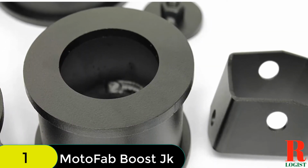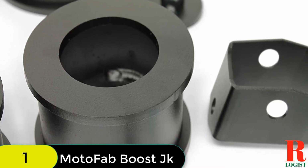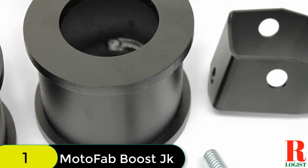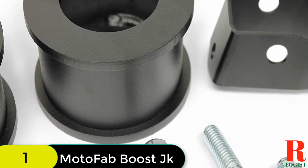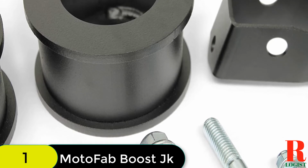Because the lift is so significant, the package also includes shock extenders, as the stock shocks are incompatible. So you don't need to go to a mechanic or even a hardware store to install it because it comes with everything you need. The entire kit is composed of solid steel. It's incredibly durable, and the black surface harmonizes with the rest of the suspension system while also reducing the risk